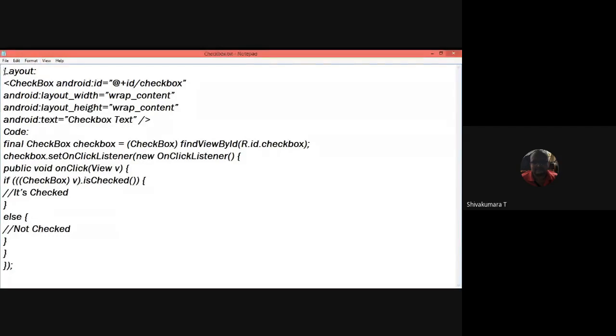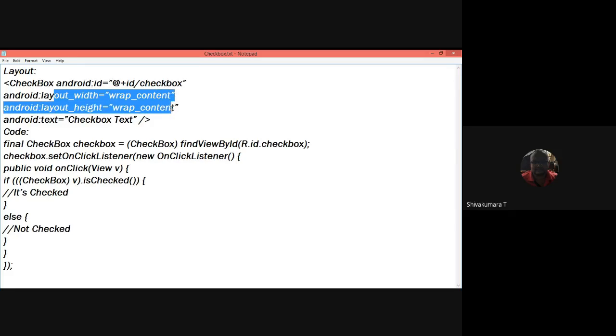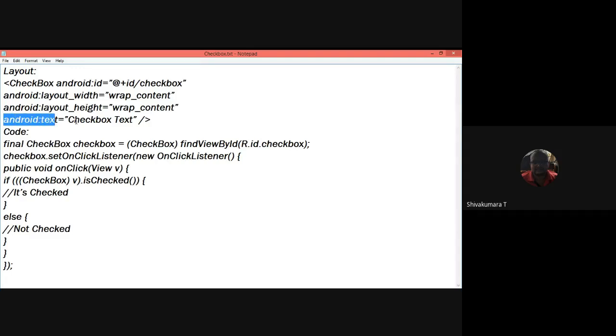Layout, some layout, linear or relative. Then the syntax is CheckBox. All the views have their own ID, and you need to specify layout width and height, wrap content or match parent, depending on your use. Then the checkbox has a name, the checkbox text, for example your favorites.